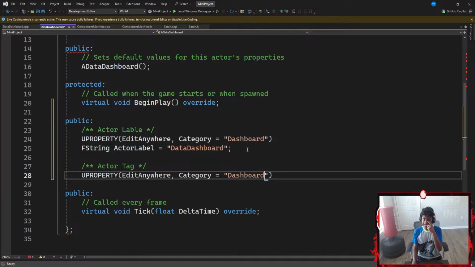Should I call it data dashboard? Would that sound much better? After this project, are you going to try to clone a real game? Okay, that actually sounds kind of fun.